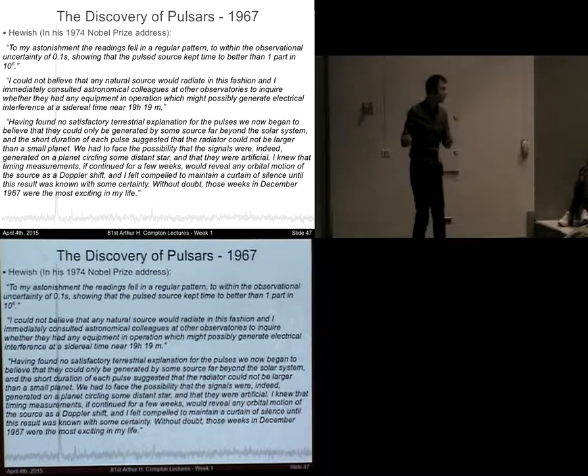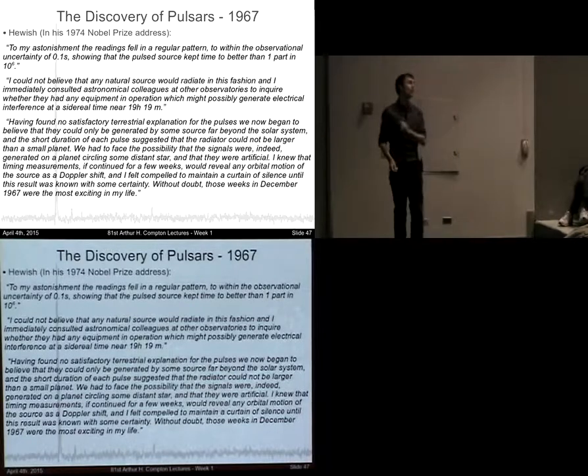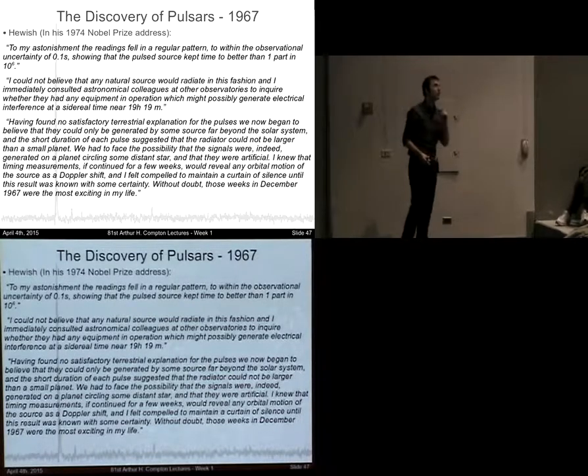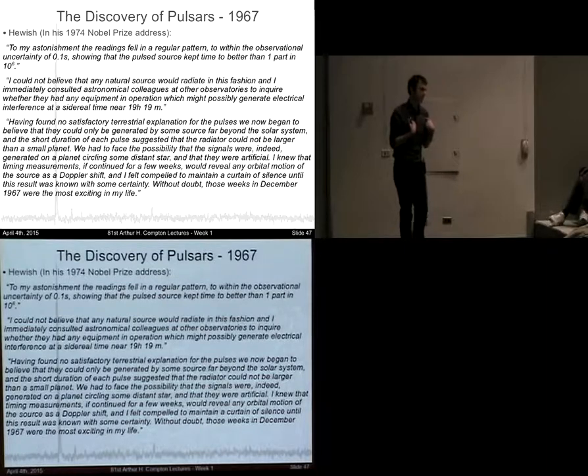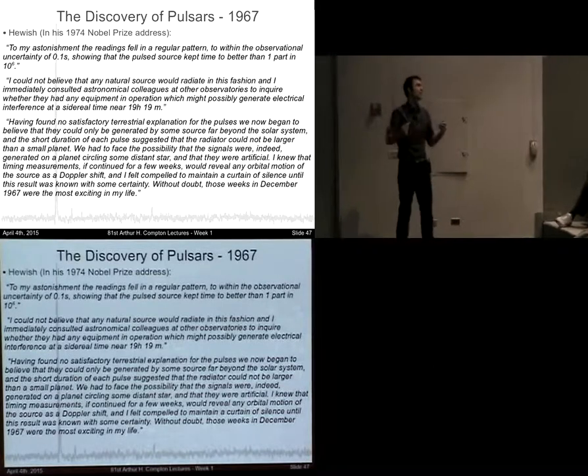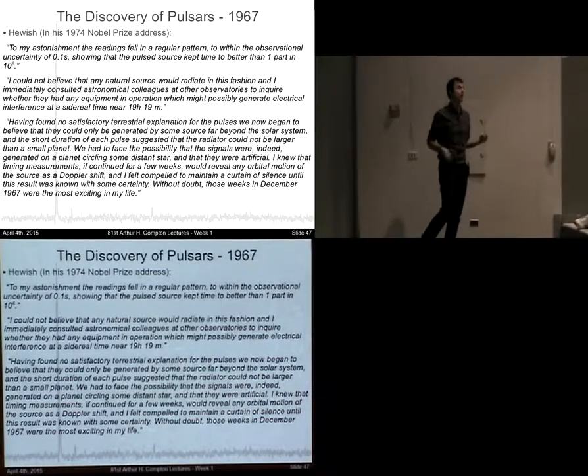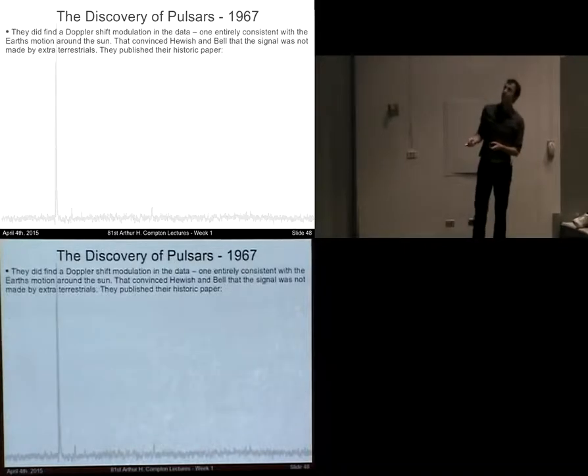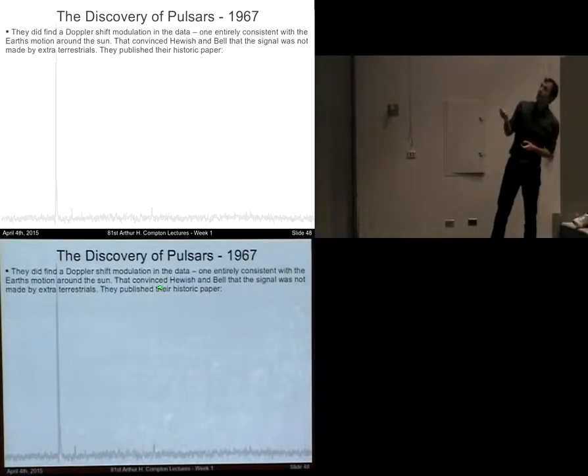So he looked for this signal, and he found a Doppler signal. But the signal he found was the Earth's motion. Okay? Because the Earth is moving closer to the pulsar, and the Earth is moving away. So in all of this pulsar analysis, you have to take out the effects of the Earth as it orbits the Sun. So they did not find a Doppler shift in the data, and one entirely consistent with the Earth's motion was found. That convinced Hewish and Bell that the signal was not made by extraterrestrials, and they published